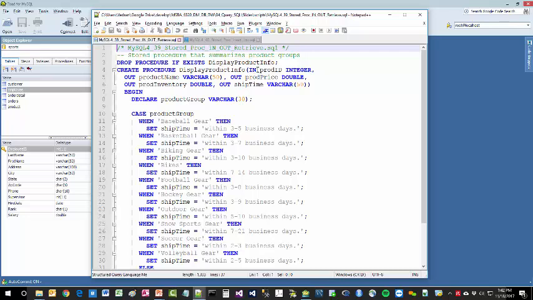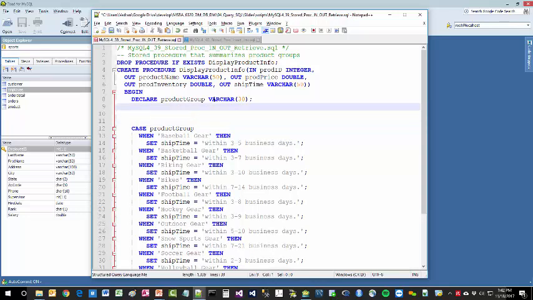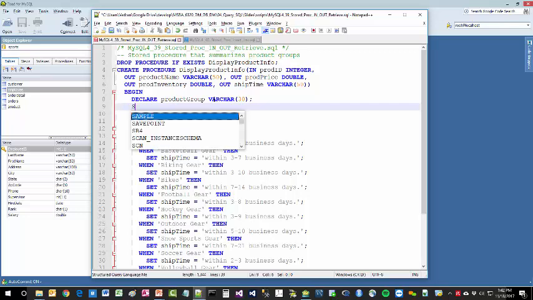Okay, it has again one input variable, product ID, just like the employee ID was the input for the previous procedure, and in this case it shows how to use 4 output variables for product name, price, and inventory that will simply look up based on the product ID, and then shipping time, which is going to be based on the case select or case when statement. We declare the product group as a temporary varchar variable, and then we write the SQL statement that will select